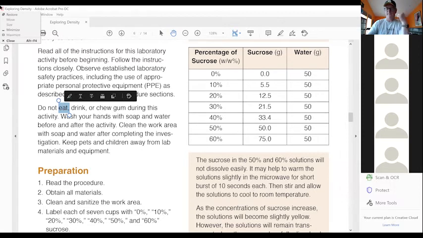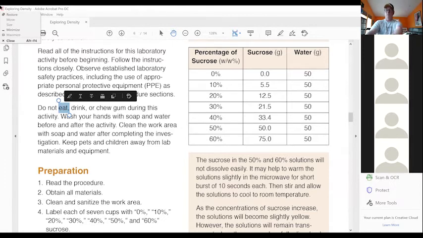Yes. For me, my time went out earlier in the labs as we were trying to mix some stuff, but right now we're taking the sugar and using this table that I'm seeing from the share screen to make those percentages of sucrose for this